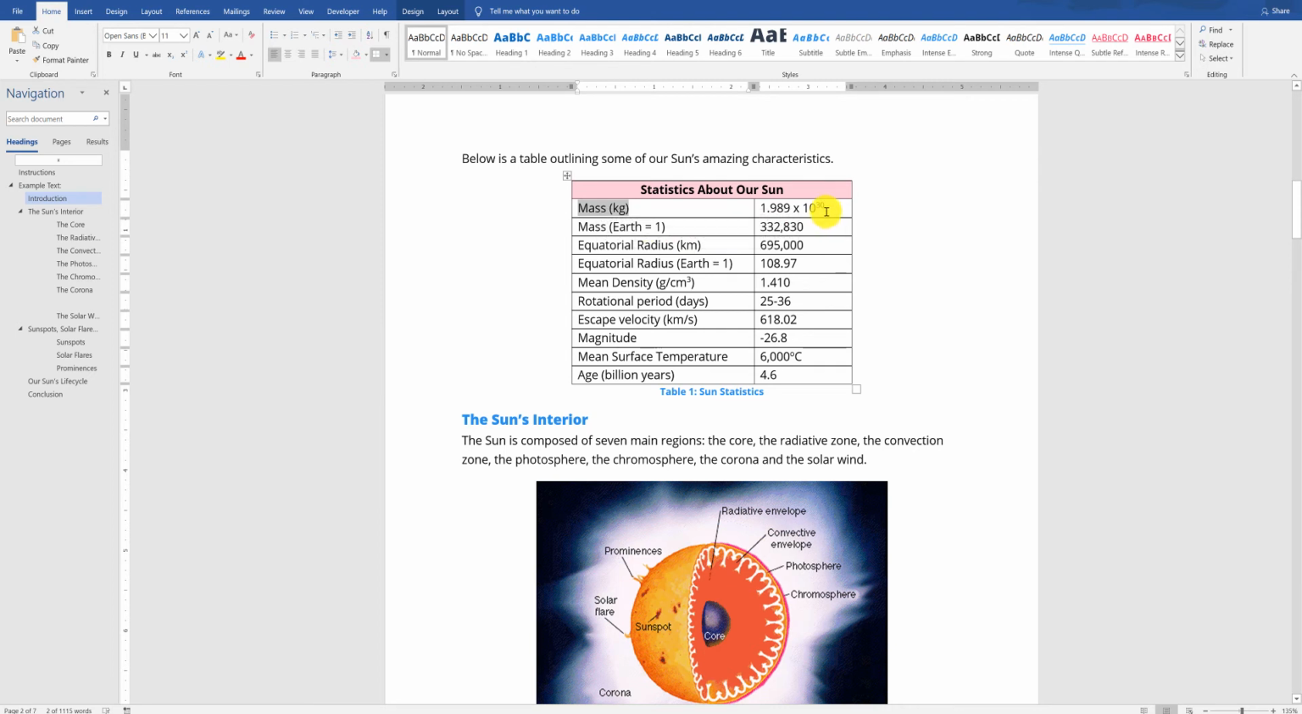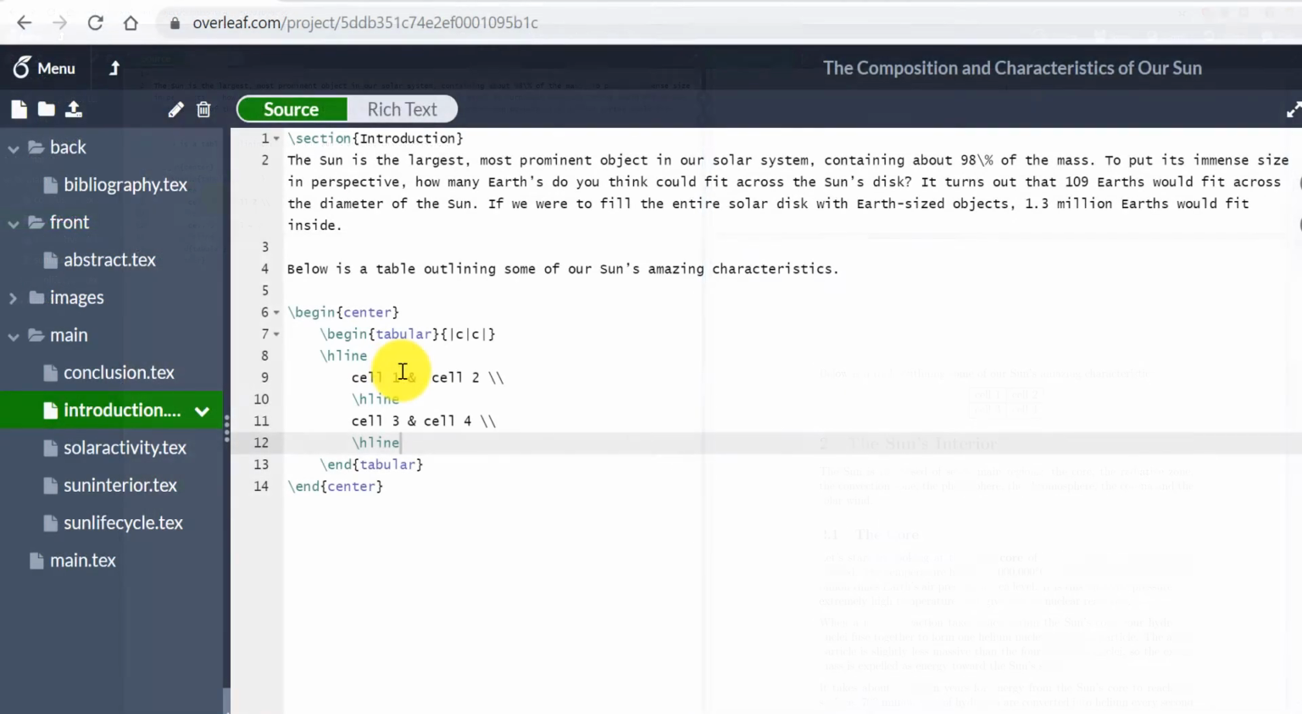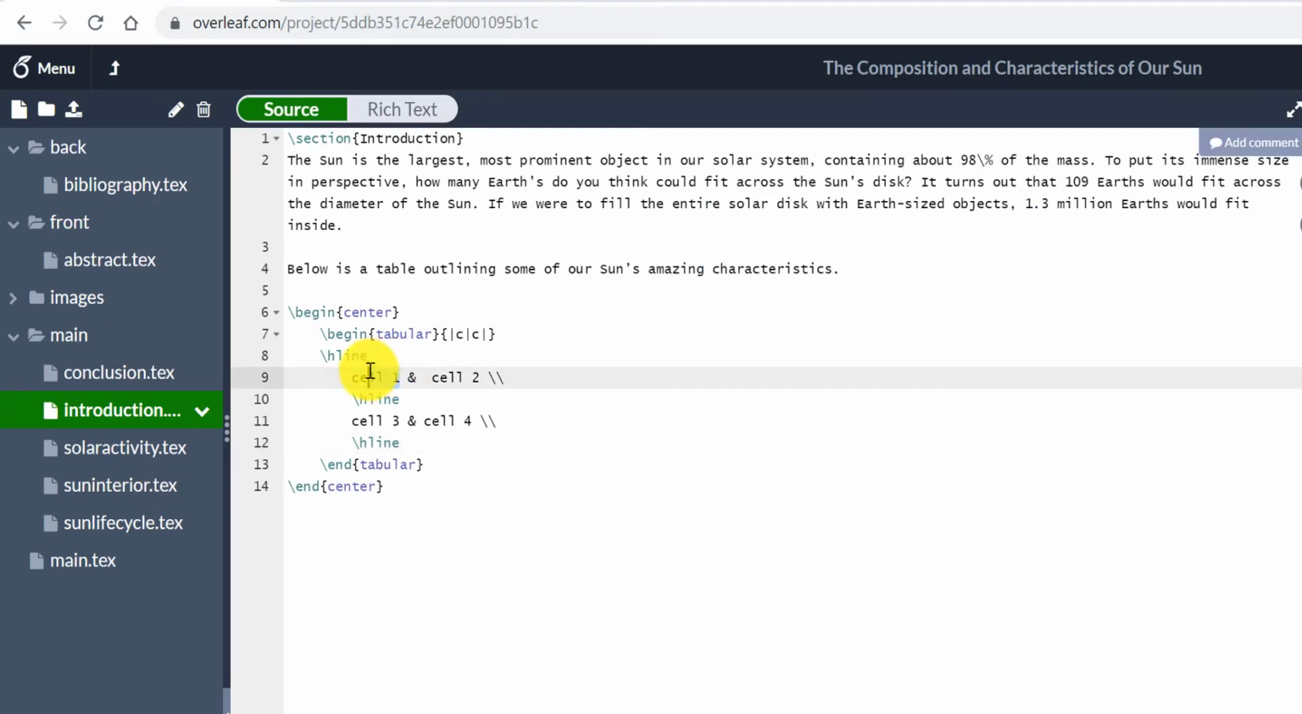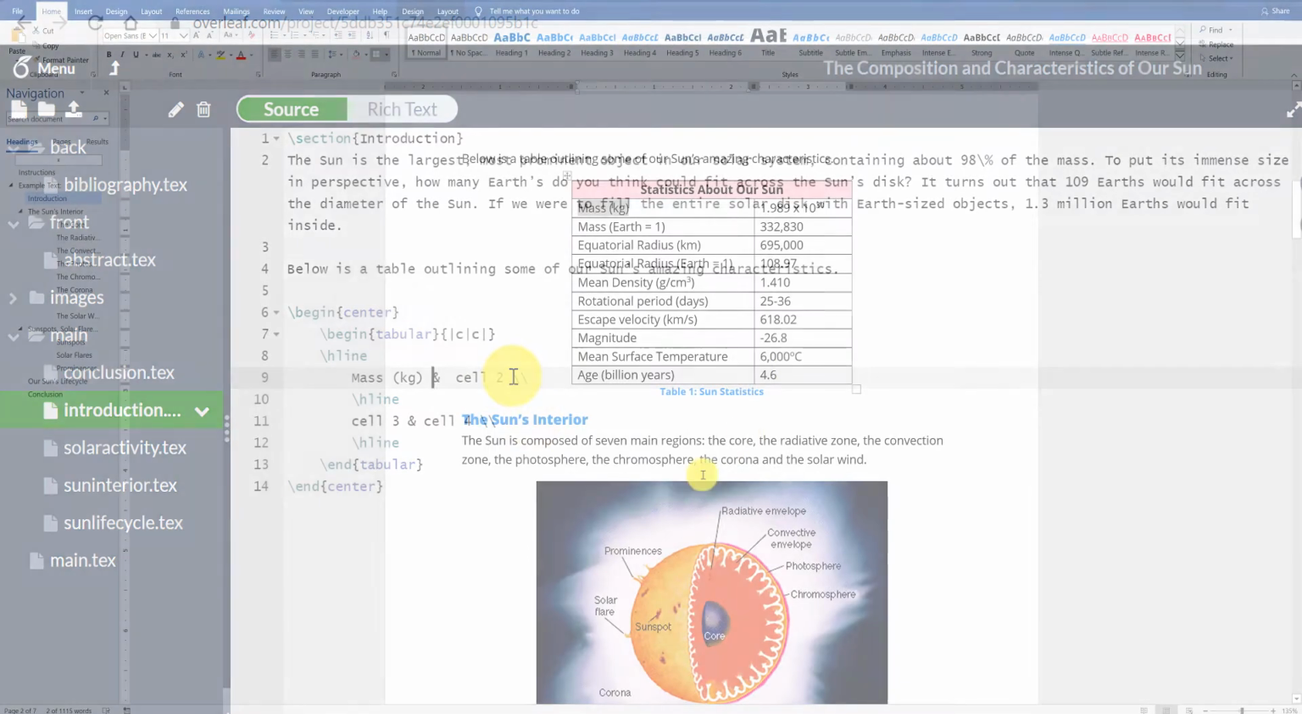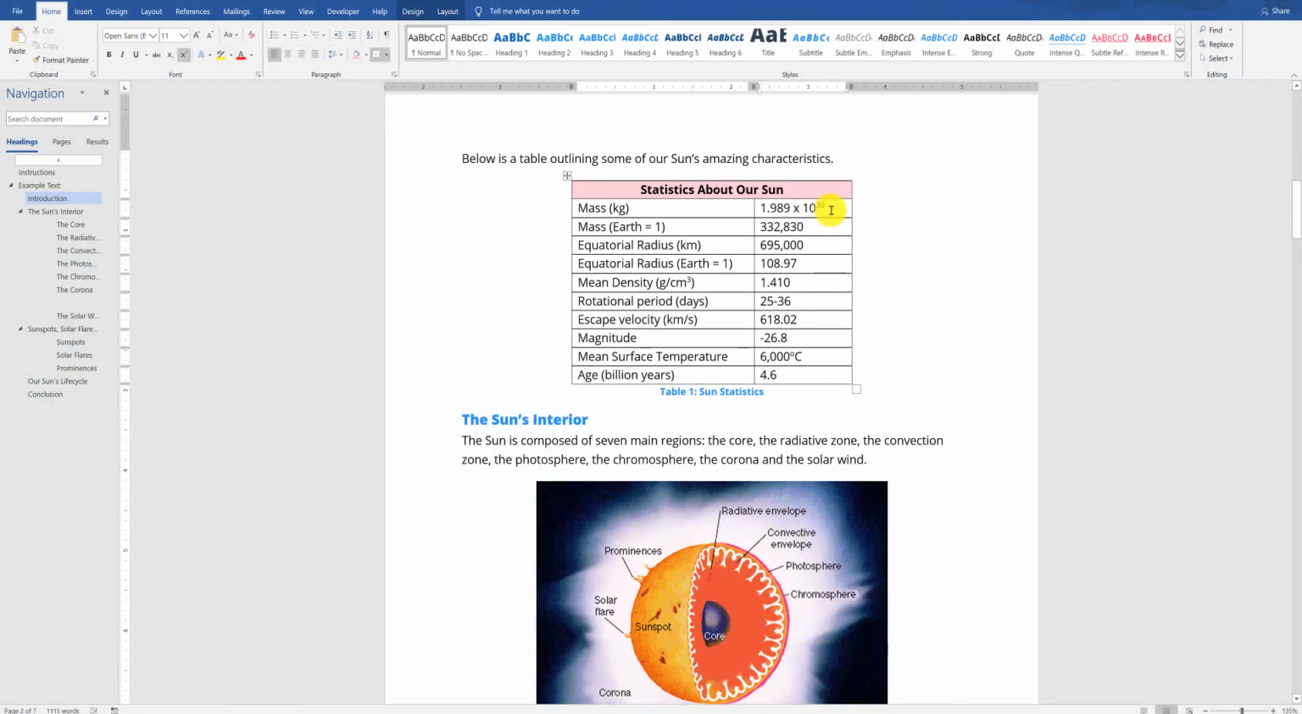There's also some math. We're going to have to input a superscript here for the scientific notation, and also we have the degrees Celsius down here. So we'll get to that as we go along. So this first cell, mass in kilograms, and then we have this right here